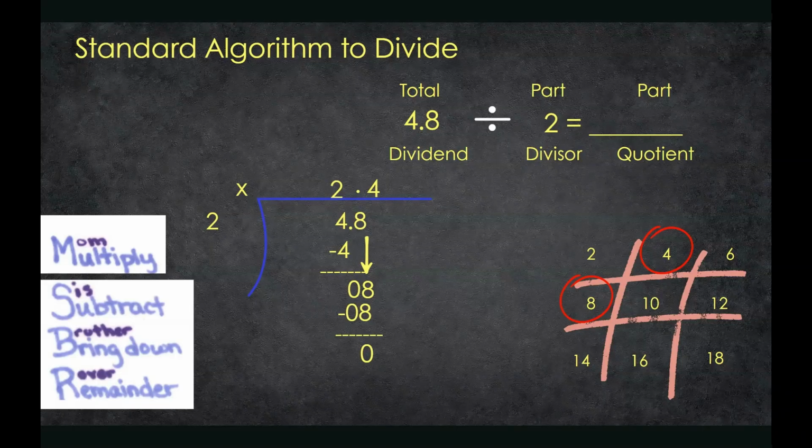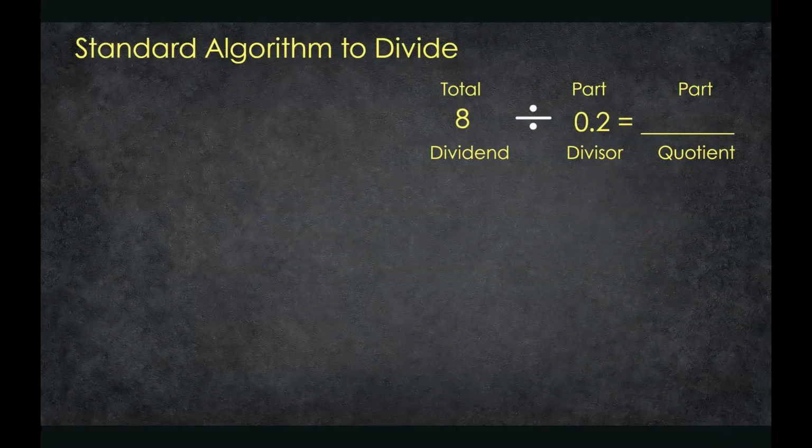All right, so we've looked at 2 examples where the decimal is in the total. Let's look at an example where the decimal is in our divisor. So here's an example of that type of problem. Now, this strategy is going to be slightly different than the ones we've been doing. So now we have a whole number as our dividend or total, and we are dividing it by a decimal